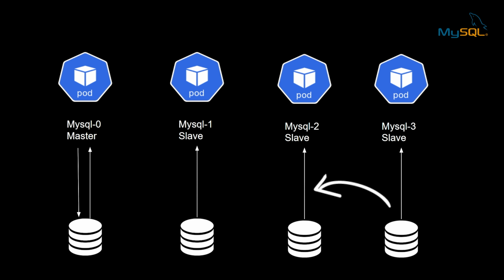So suppose we have 3 nodes available, 0, 1 and 2 for MySQL, and we created the 4th instance, the 4th pod for our MySQL instance, then that particular pod will be created using the previous version, that is the 3rd version, and all the data will be copied from that to its particular persistent volume. So this means that every time scaling up and scaling down will be in sequence in the stateful set.